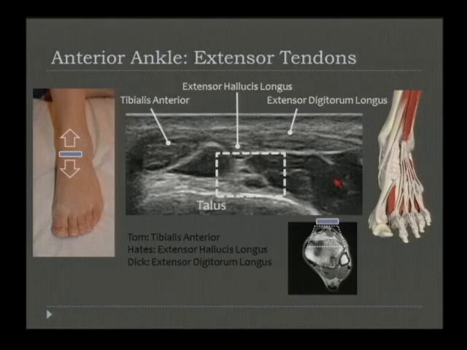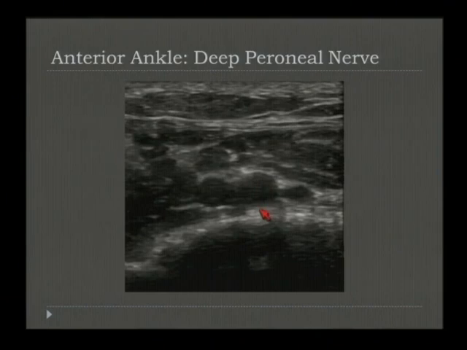You can see here there are 2 hypoechoic structures. We'll look a little bit more of this in detail. This happens to be the deep peroneal nerve, and underneath that is going to be the anterior tibial artery. If we look at those structures above the level of the tibiotalar joint, here is the anterior tibial artery, and here's the nerve. You can see that the deep peroneal nerve is actually on the medial aspect of the